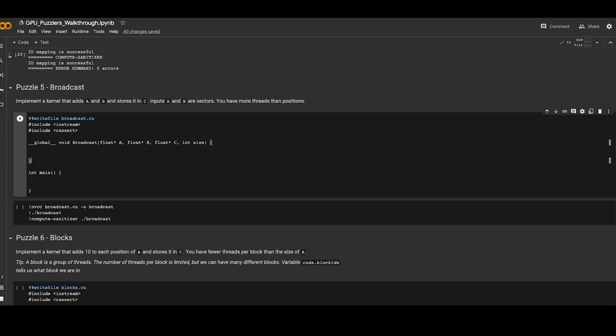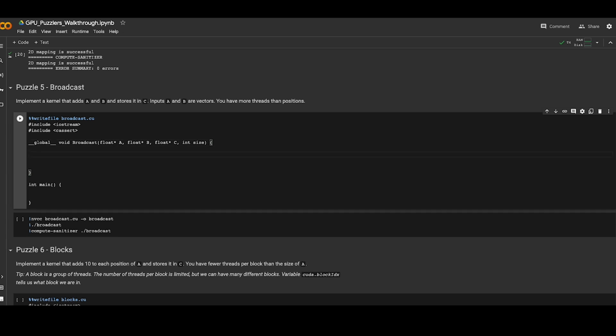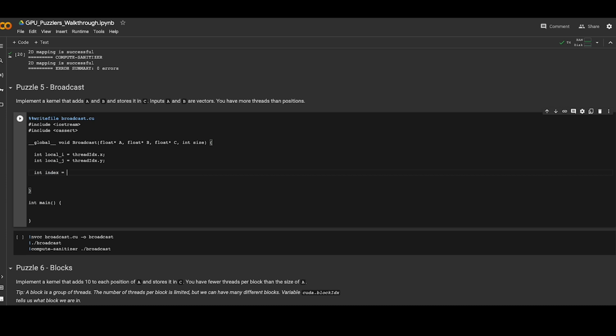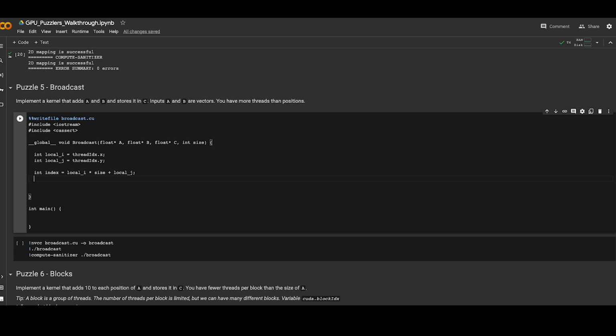this indexing gets quite a bit weird. So imagine you have A and B, stores it in C. We're going to add it in an interesting way. Let's get going. So we're going to do integer local i equals threadIdx.x, integer local j equals threadIdx.y, integer index equals local i times size plus local j, right? Now, if local i is less than size, sorry, used to Python, local j is less than size,